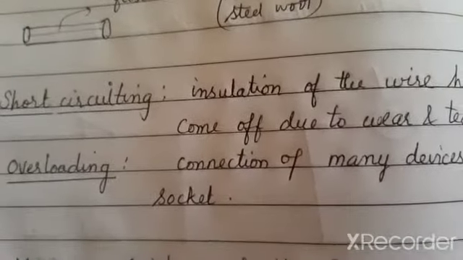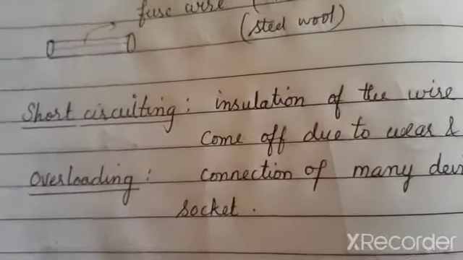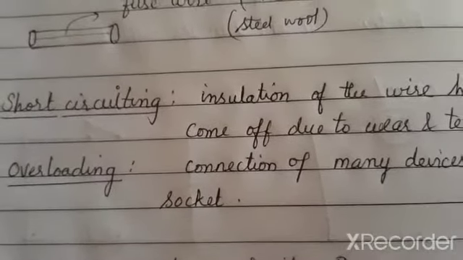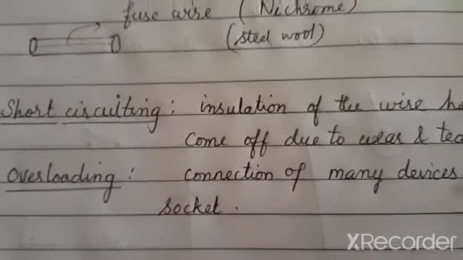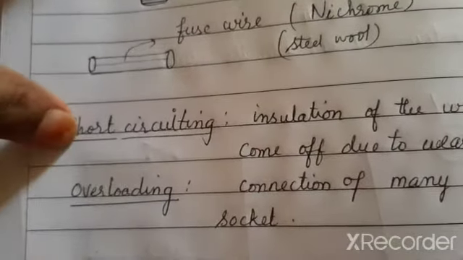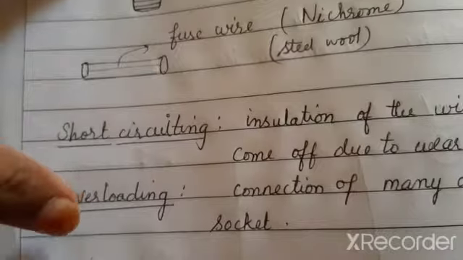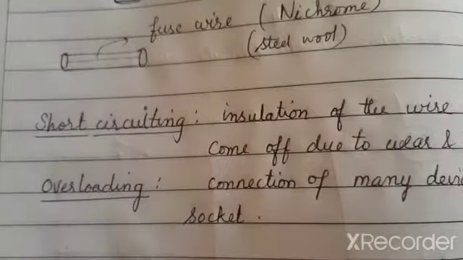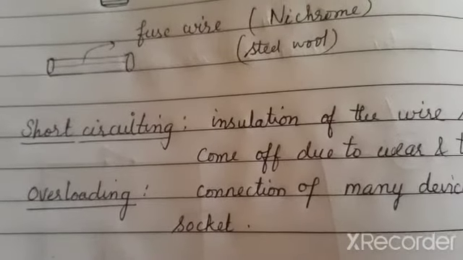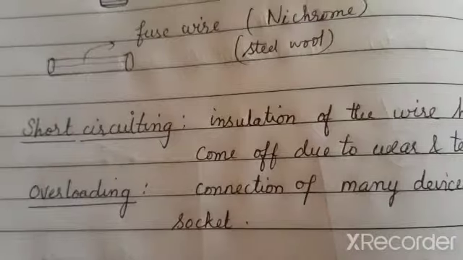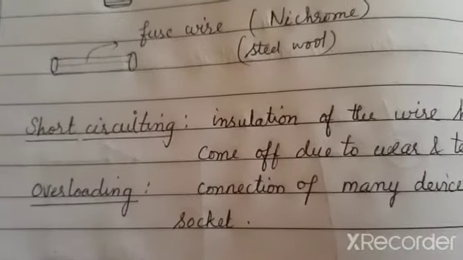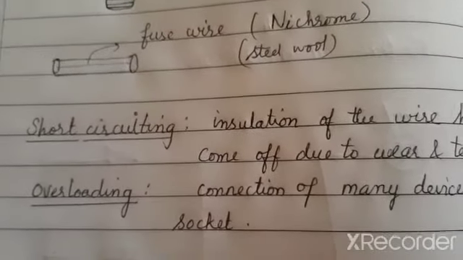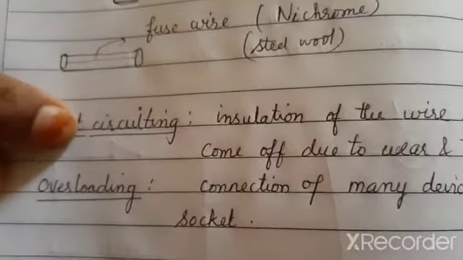Okay. So as I told you, fuses and MCBs are the safety devices which protect us from damages. So how do the damages occur and why? For the question, the reason is two points: one is short circuiting, the other is overloading. So what is meant by short circuiting? I told you already that all the electrical devices have an insulation made up of plastic. If the insulation is broken or damaged due to wear and tear, short circuiting happens.